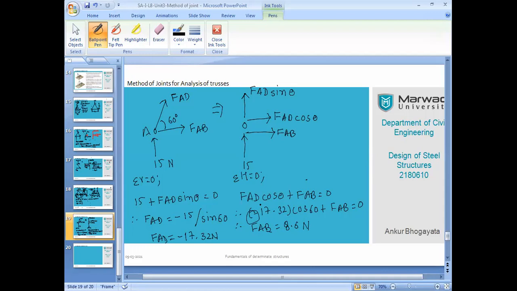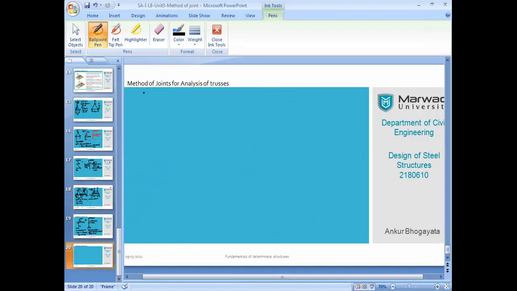Now, having said this, we have obtained two member forces. So how do we go about next? Let us find the joint which has a comparatively smaller number of unknowns. We repeat the same process at joint C. So I don't need to tell you how to do it. Now you are done with that, so you do it. You are confident now.